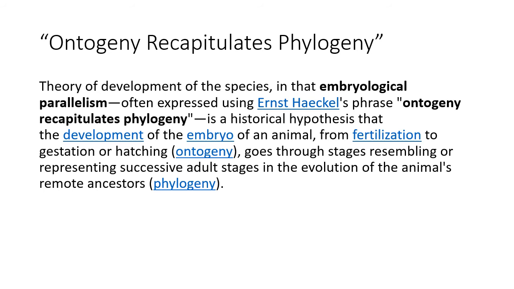And so this is a theory of the development of the species, in that when you watch the development of all the different embryos of all the different species, Haeckel's phrase that ontogeny recapitulates phylogeny, it's a mouthful. It's a historical hypothesis that was never completely proven, but there is a pattern that you can definitely see where the development of the embryo of animals from fertilization to hatching or gestation, they go through stages that are similar